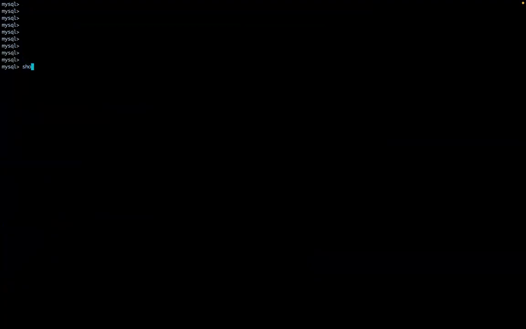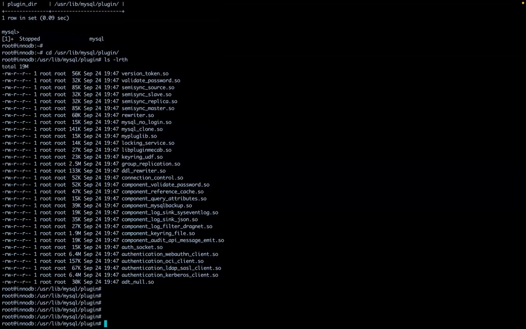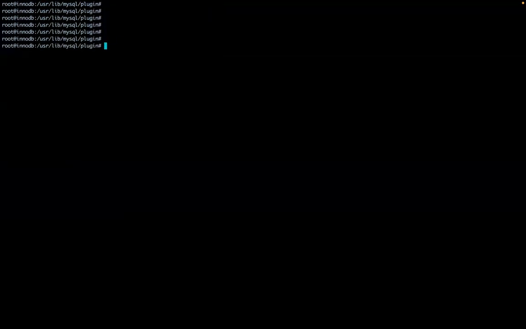For example, show variables like plugin directory. Here you might see all the plugins and components in this directory. These are all pluggable, so you can plug and unplug them using the install and uninstall commands. Here these are all the available plugins and components. If you see here,